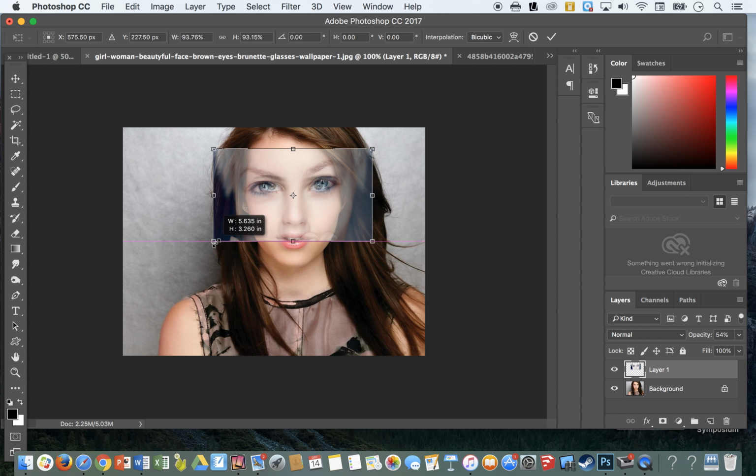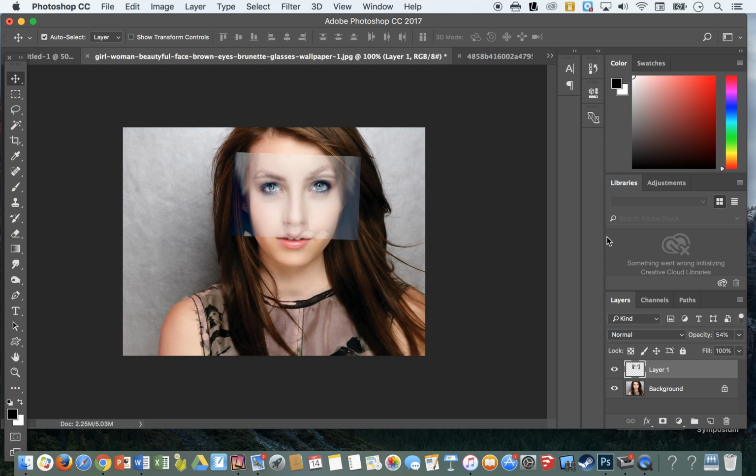And what I try to do is match up the features as best as possible. So what I'm looking at is that the eyes are right on top of each other and about the same size. Once they look pretty close,